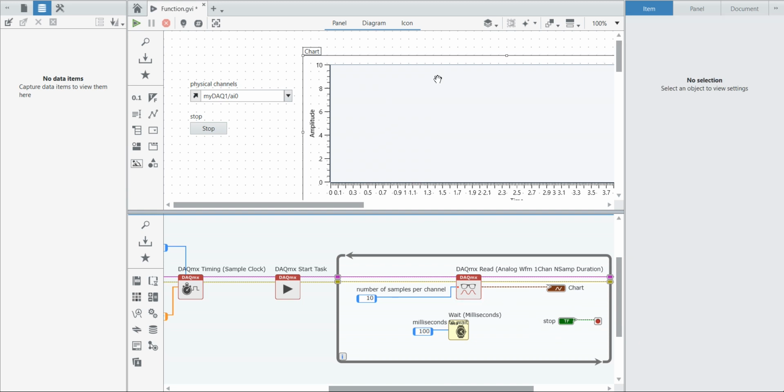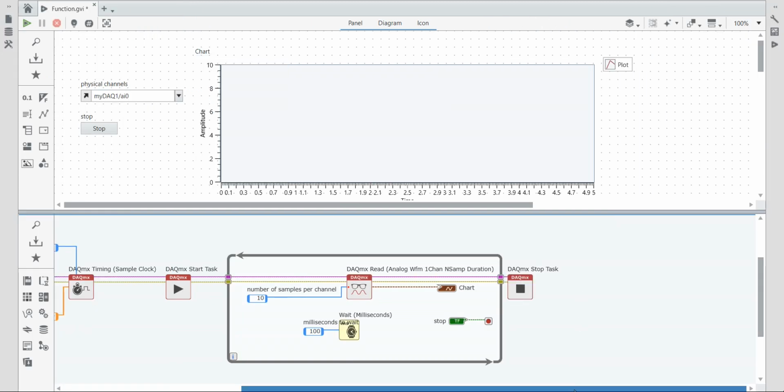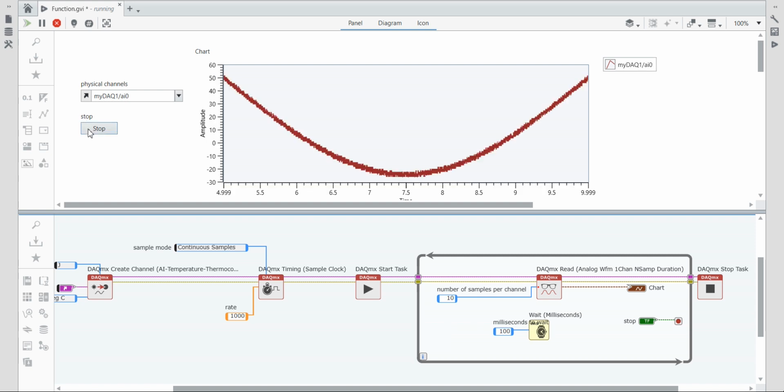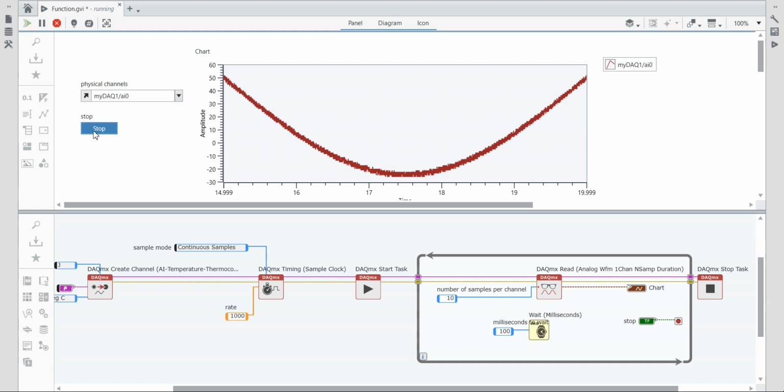Now press the Control T button. Now you can see below my code is present, and at the top the front panel. Let's try to run. Yes. Now I am going to stop the program.